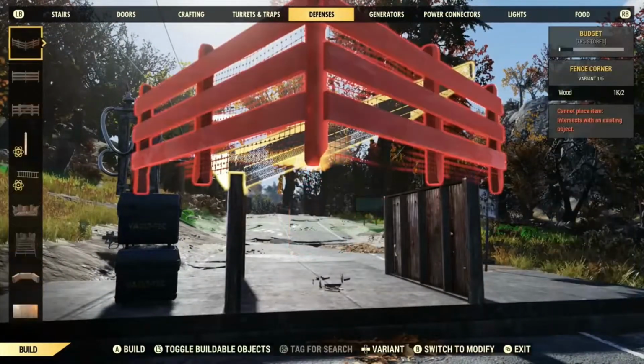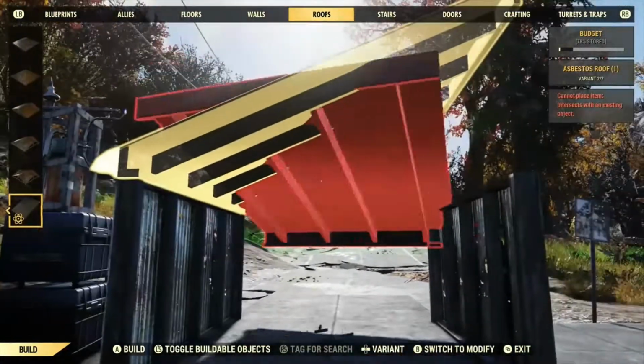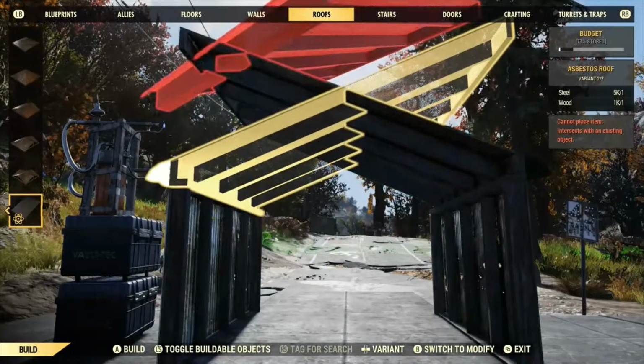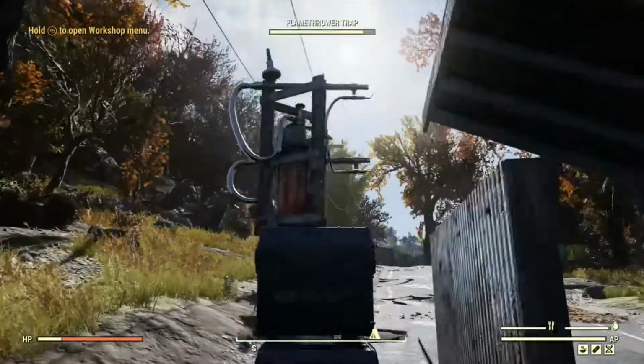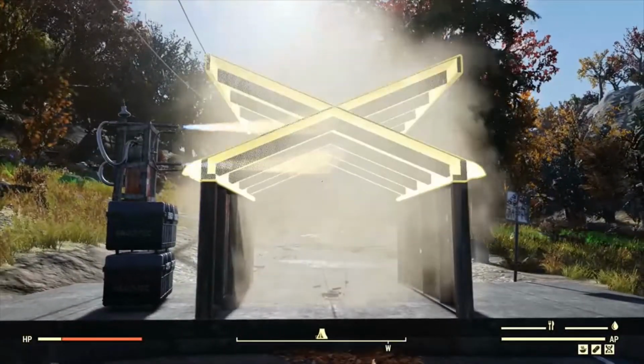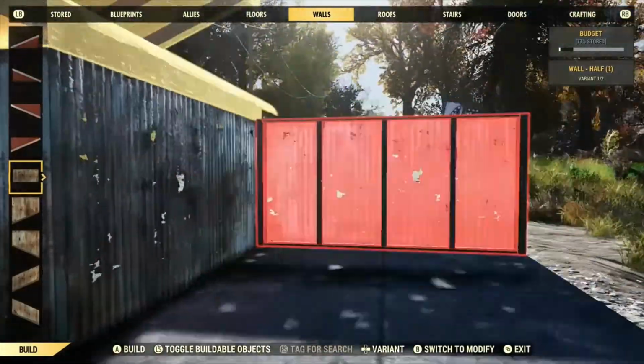So what that's going to do is get it out of the way, and we'll go back to the edit screen, grab an angled roof facing the other way, and we're going to put that on to the other side. So now we're going to have this little inverted triangle V shape, put it down, and then we'll turn the flamethrower trap on again and destroy that piece. So that basically is just going to get those 2 pieces out of the way and let us put some other stuff on without them interacting with them. So we're going to put the rest of our half walls on,